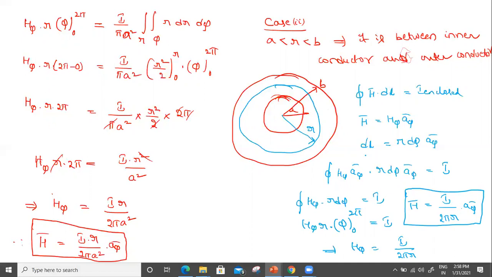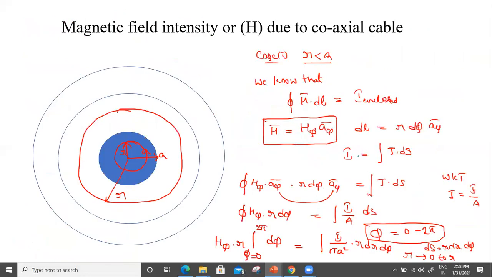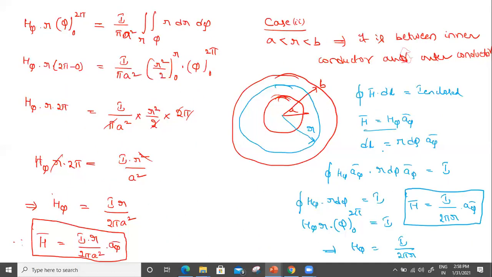In the same approach, you need to follow the left side, because this H bar will be the same, dl will be the same for the first case and second case. For the first case, this is the H bar, this is the dl. For the second case also, this is the H bar, this is the dl. Both will be the same. If the parameters in the equation are the same, the resultant on the left side will also be the same. The only change is on the right side, that is I taken, because the inner conductor carries the current I which moves outwards, whereas in the outer conductor it moves inwards. That is the difference between the inner conductor and outer conductor. So this is the case 2.